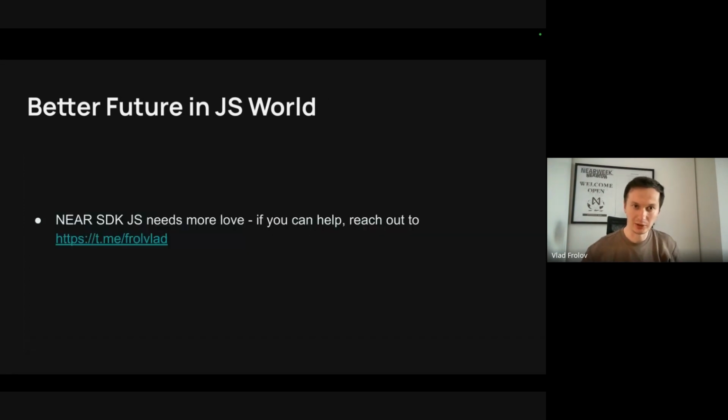There is also a call for participation for near-sdk-js. This is not the Rust update here, but I think we need to have more love for that stack as well. And we have pretty good resources out there, but near-sdk-js still has a few unresolved issues on the way to the 2.0 release. You can open the repo and you will find the epic there. So please join in or drop me a message again, either DM or in the tools community group on Telegram.